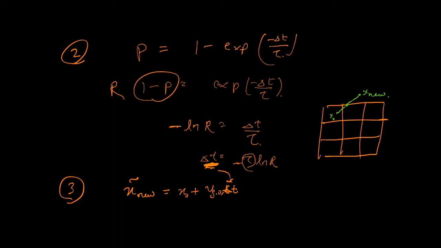First we have to calculate after how much time the particle would reach here. So from here to here, it took time less than delta t. Let's say this location is xb. We could find how long it would take to reach from here. That would be xb minus x0. If you take the modulus of that and divide it by the velocity, you would get a new time, let's say delta t prime, it would take to reach this boundary.